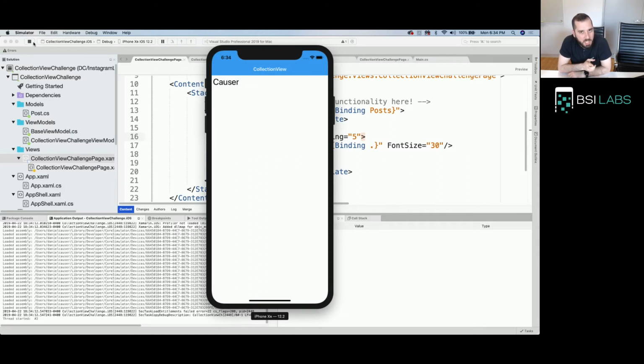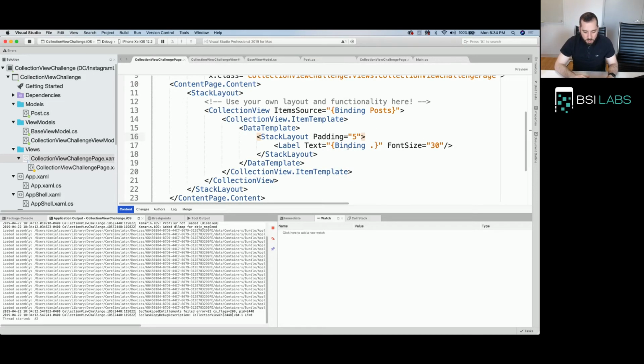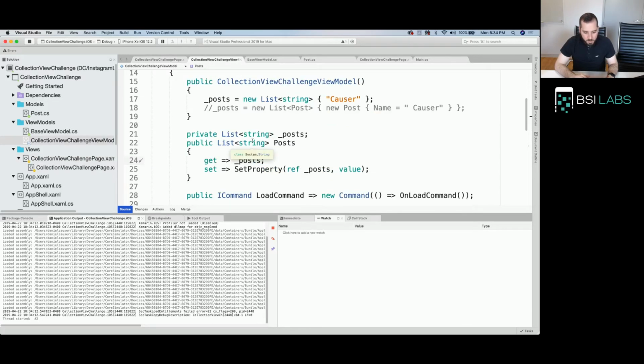I bet if I had a larger font, I would have seen the items. It's funny because it doesn't really look like a collection until you have enough items to be scrollable or something like that. Not sure if that's the deal. Okay, so